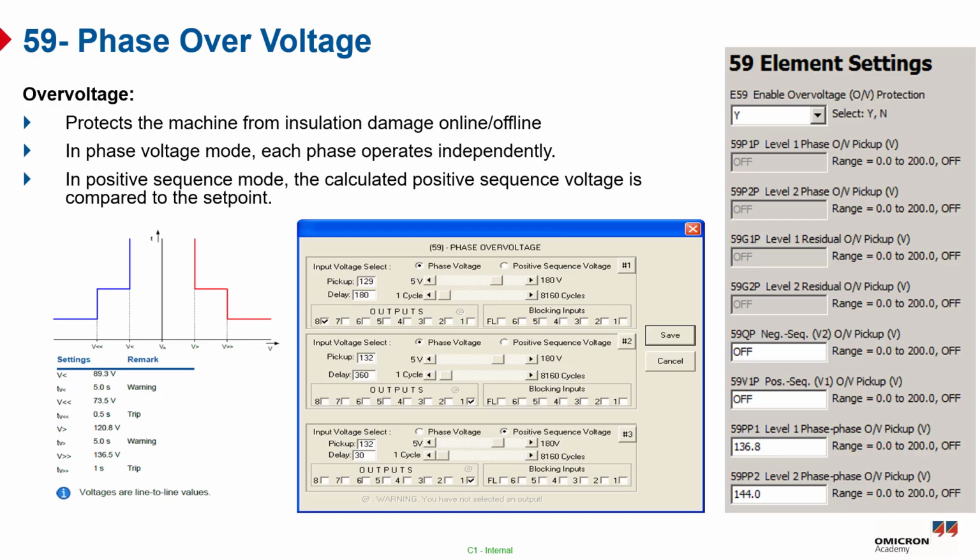In addition to protecting the stator insulation and transformer against overexcitation, the overvoltage function can also provide alarm signals to warn of rising voltage levels before they reach critical limits. So in summary, the overvoltage protection is used to protect the stator against unacceptable insulation stress, as well as the transformer against overexcitation. The overvoltage protection is also used for alarm purposes in addition to the V over F